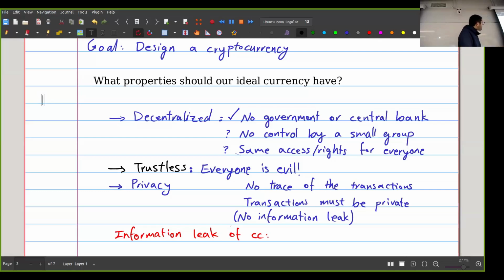Now, another issue that we will come back to many times in this course is trustlessness. So this is the assumption that everyone is evil, and if you let someone do an attack, they will do the attack. Okay, so this is an assumption that we're going to have throughout this course. Whenever we're designing anything, we assume that if someone can steal our money, they will do it. Okay, so any protocol that you design has to be trustless. It can never be based on trusting some people, a group of people, one person, whatever. You have to make sure there is no trust.